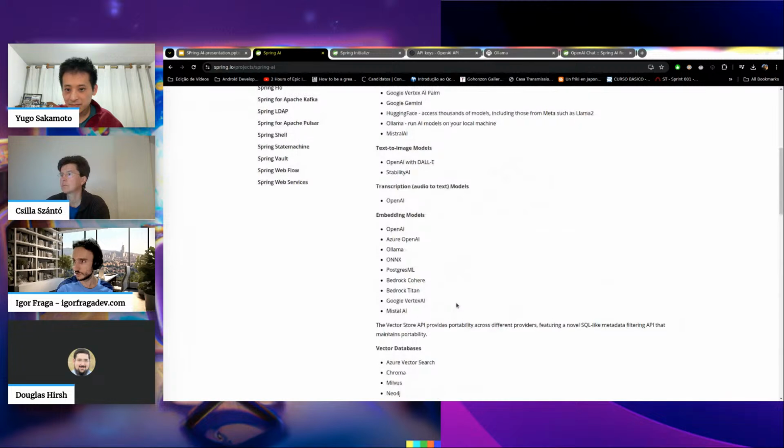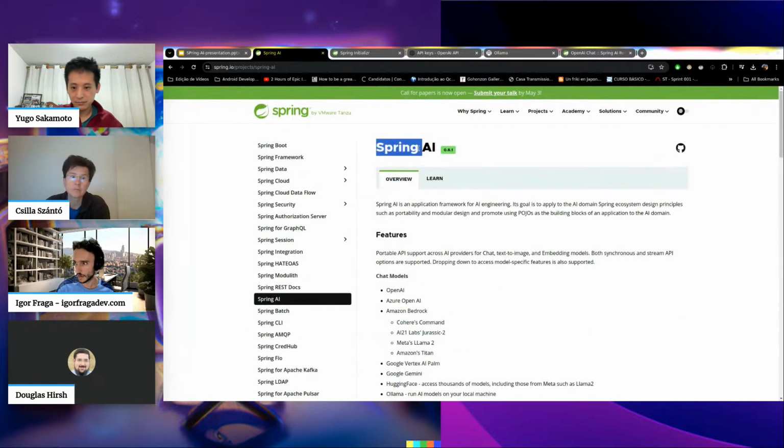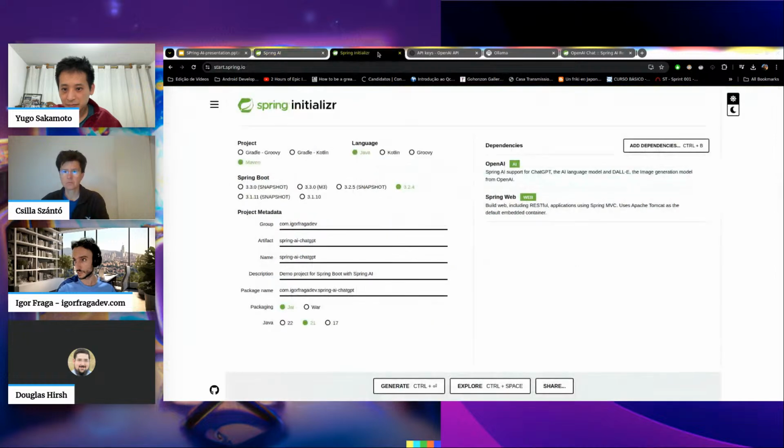And then, how do you get started with Spring AI? Let's take a look at using it with ChatGPT itself. Of course, you can generate a new project with Spring Initializr. Just straightforward here.